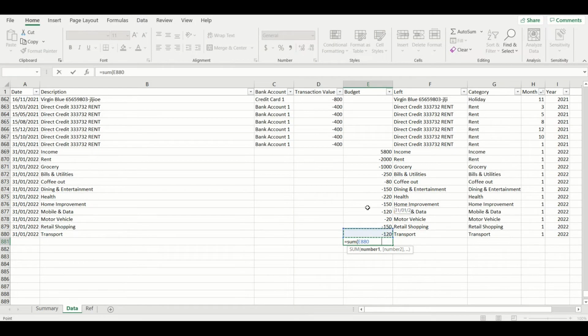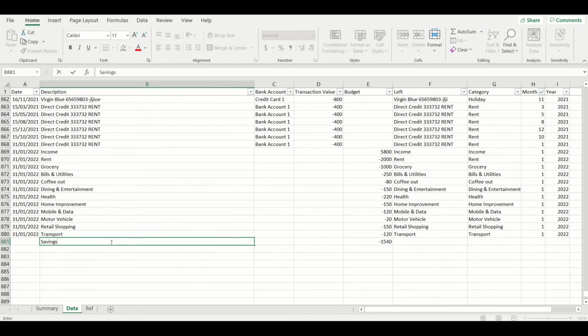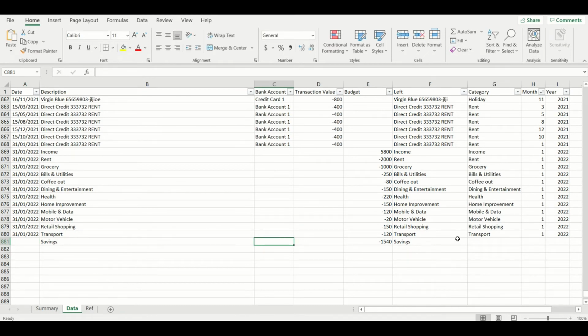If you take a zero-based approach to budgeting, then make sure you include your sum total in the budget column here and change the value to be the opposite value to make sure the total sums to zero. So if it is a positive number, add a negative sign, and then make sure the sum of all budget values entered equals zero for this month. Make sure you give it a category name like savings or investments, and add that to your reference tab too